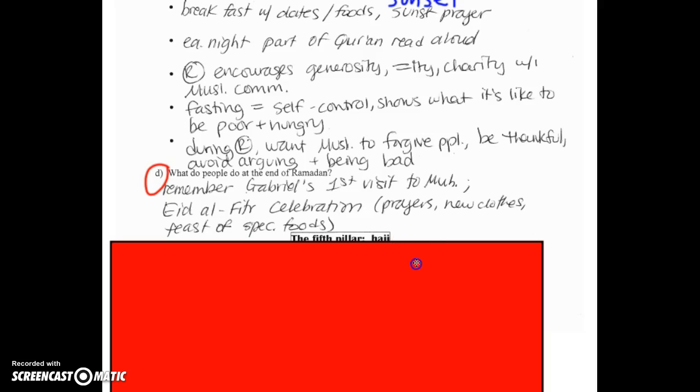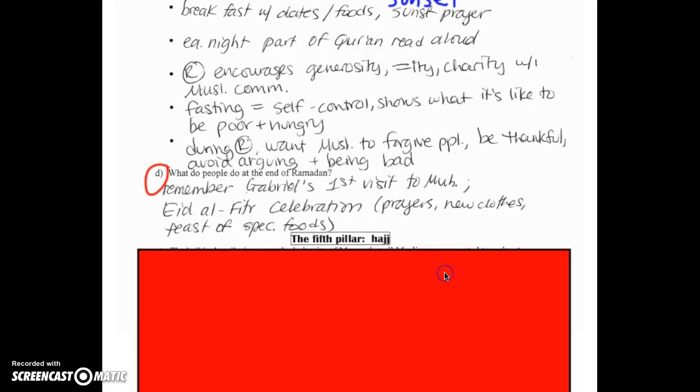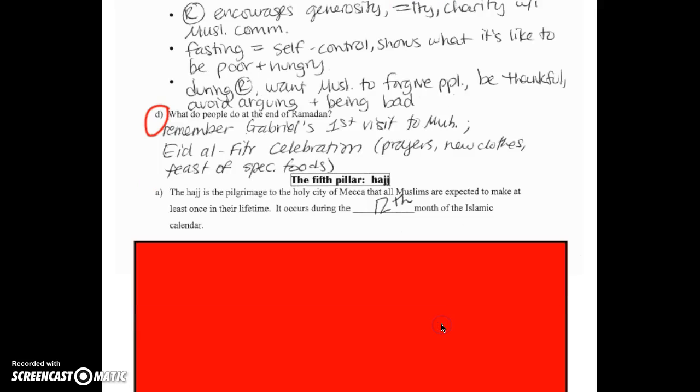So for the fifth pillar, the Hajj, there's not a lot for you to fill in because we watched the video on the Hajj. So I filled in some information that comes from the video about the Hajj. And then just make sure that fill-in is correct. Again, these are months relating to a lunar calendar, not a solar calendar, so it's not exactly like our solar calendar, our January, February, March, April, etc. Okay, when you're all set with page 3, we will move on to page 4.